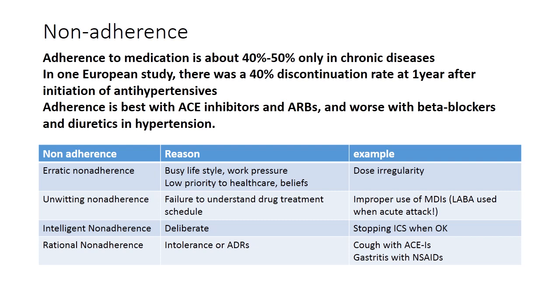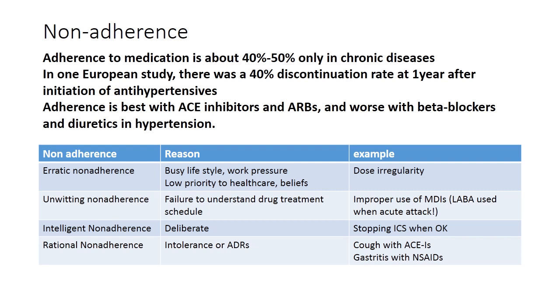Non-adherence to medication overall is around 50% in chronic diseases in developed and developing countries. In one European study on antihypertensives, it was found that 40% of patients discontinue medicine after 1 year of continuation. Now, some medicine-related factors also determine adherence. For example, use of beta blockers and diuretics in the treatment of hypertension shows poor adherence versus the medicines which act through the renin-angiotensin system. Therefore, we can say non-adherence can be because of several reasons.